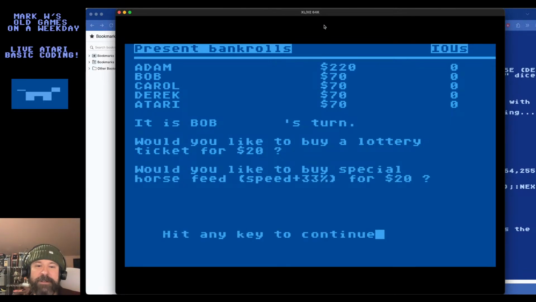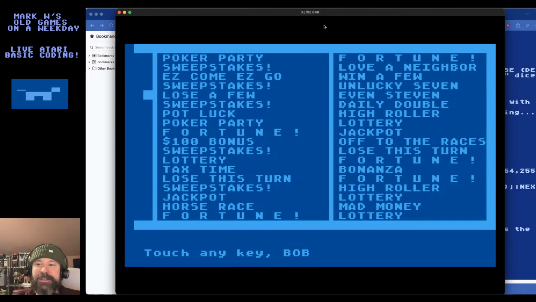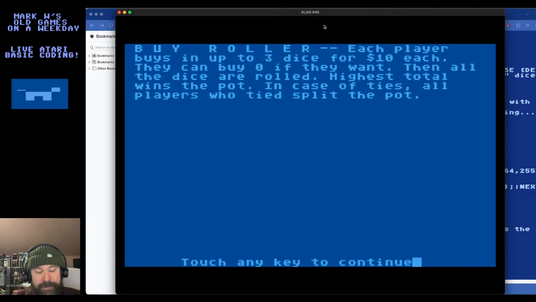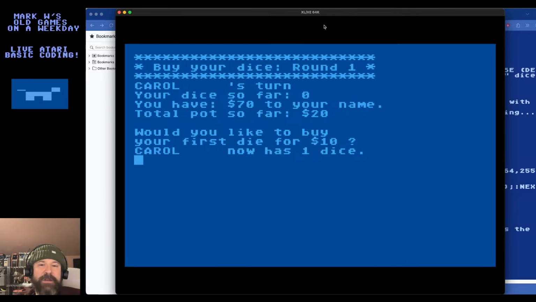Let's give it one more go. We're going to skip the lottery and the special horse feed. And again, for anyone who hasn't been following, this random mini game selector is hard-coded to go to the one that I'm building right now. So I'm going to try this again. And we don't have to buy quite as many dice. We'll try to make it go faster. Let's just do 1 die each. I would just want to make sure that it lets somebody else who's not player 1 win the roll-off.